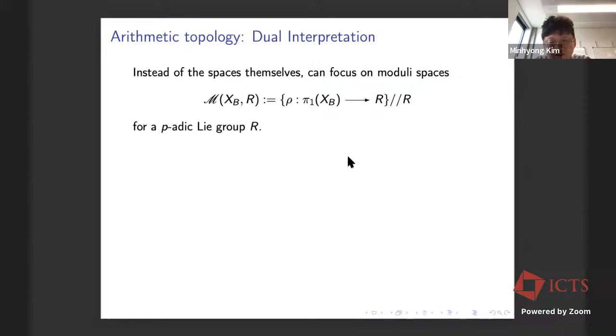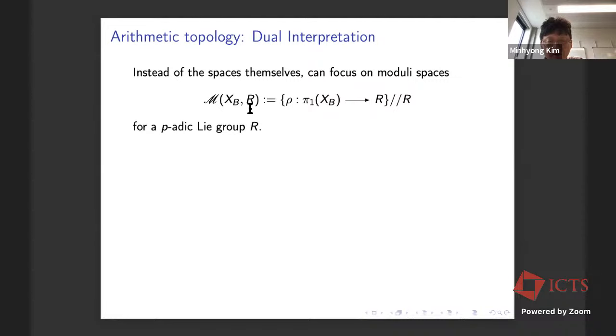So you can fix a p-adic Lie group, say, as a target, corresponding to a compact Lie group target that people might be interested in topology, and then consider representations with values in R. Now, it's not so easy to make this into an actual scheme or a stack, but for the moment, it obviously has a kind of geometric nature, so I won't worry about the foundations of the algebraic geometry of such a thing, or analytic geometry, and just speak about it as a space without being too precise.